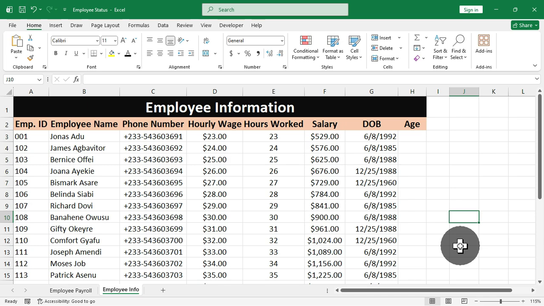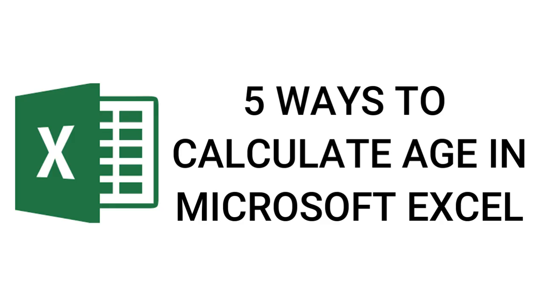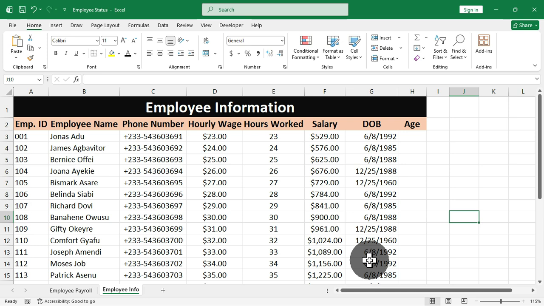And so in this video, I'm going to show you 5 possible ways you can calculate age in Microsoft Excel based on the entered date of birth in this worksheet. So without any further ado, let's jump right in and let me show you how we can calculate this age